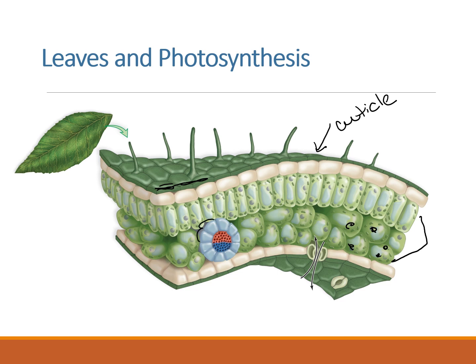There are structures called xylem, and they're basically an arrangement of cells that act like a series of tubes that will help transport water. There are other structures called phloem that also are a series of tubes that help transport glucose, or the food molecules that are produced after